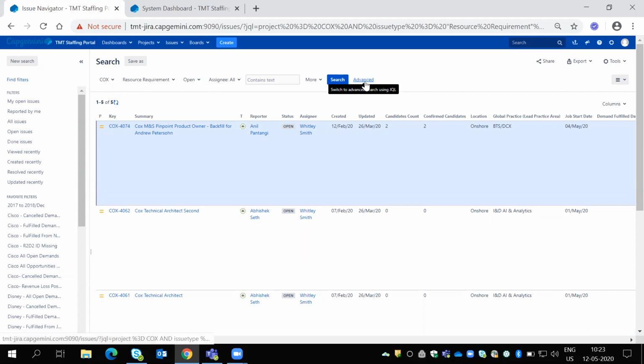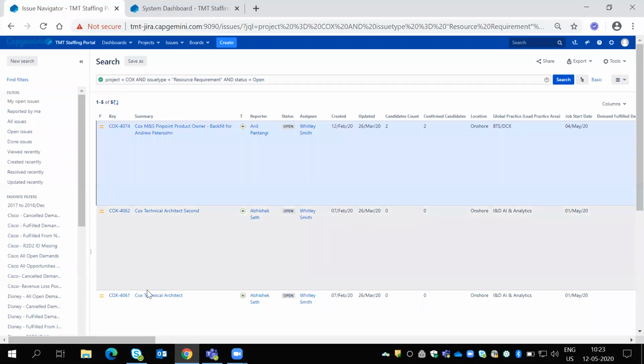If you click on advanced, this is the query now: project is equal to Cox and issue type is equal to resource requirement and status is equal to open. So when I write this filter, the tickets become 5. So if a Cox person asks how many open tickets are in resource requirement, this is the query.